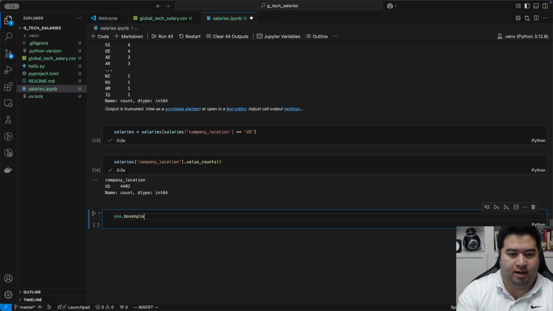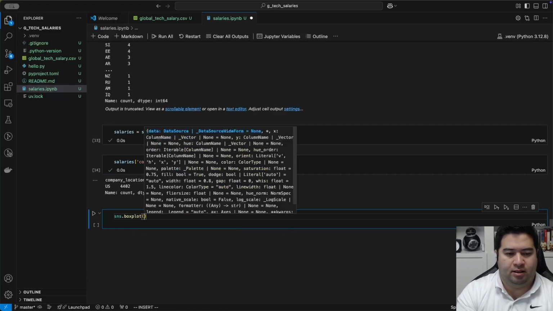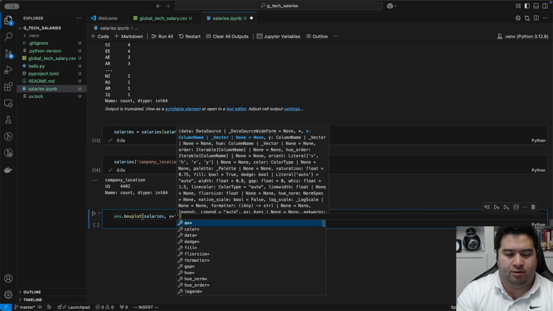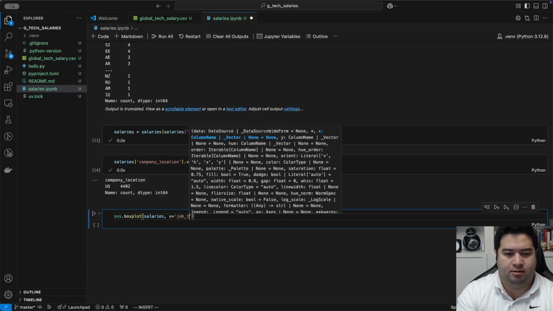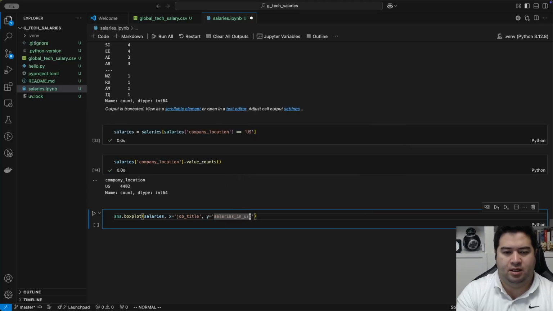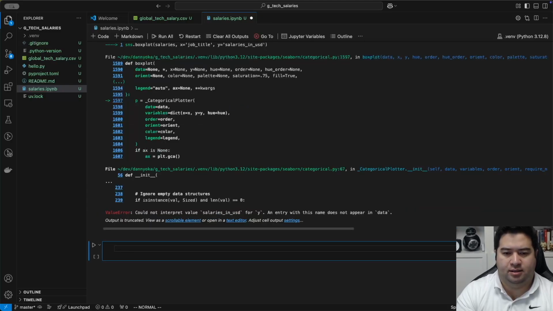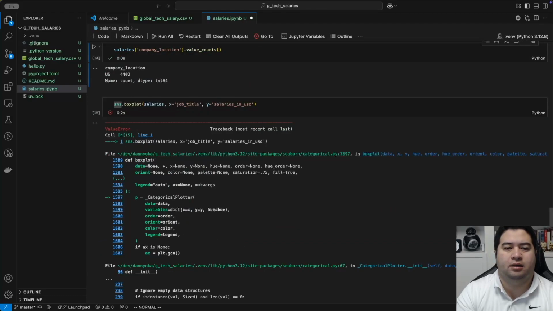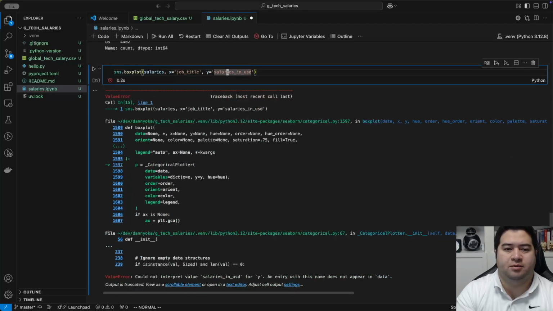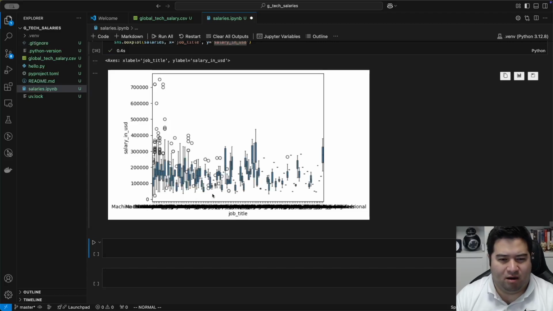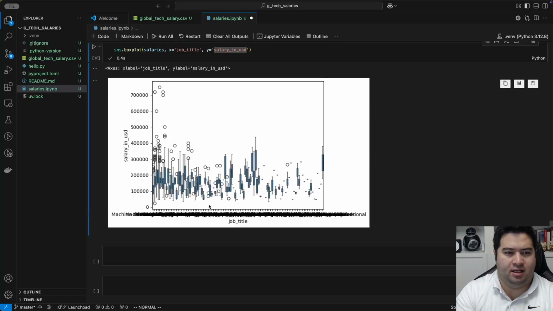If we do a box plot, and we do salaries as the data, and our X is going to equal job title, with our Y equals salaries in USD. We're going to see, that's giving us problems because I think it's just salary in USD. Yeah, that's really hard for us to read there. We could try to widen this, but what if instead,